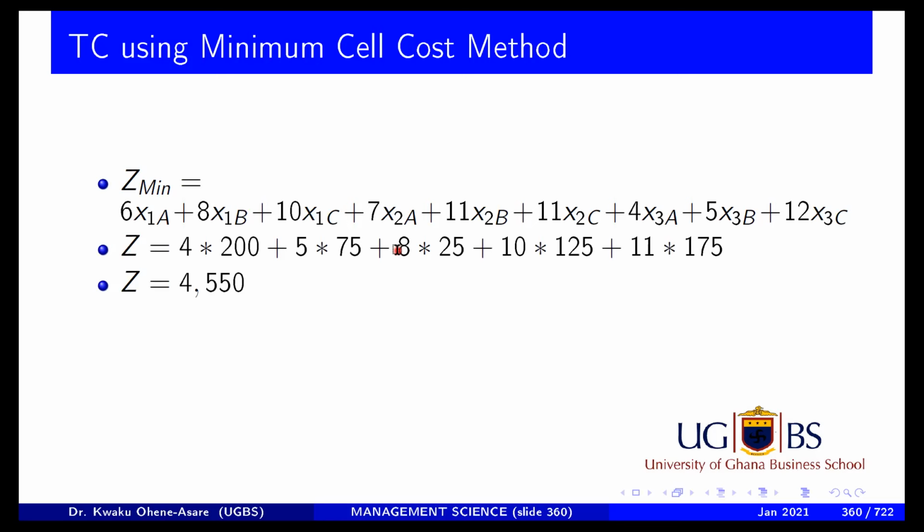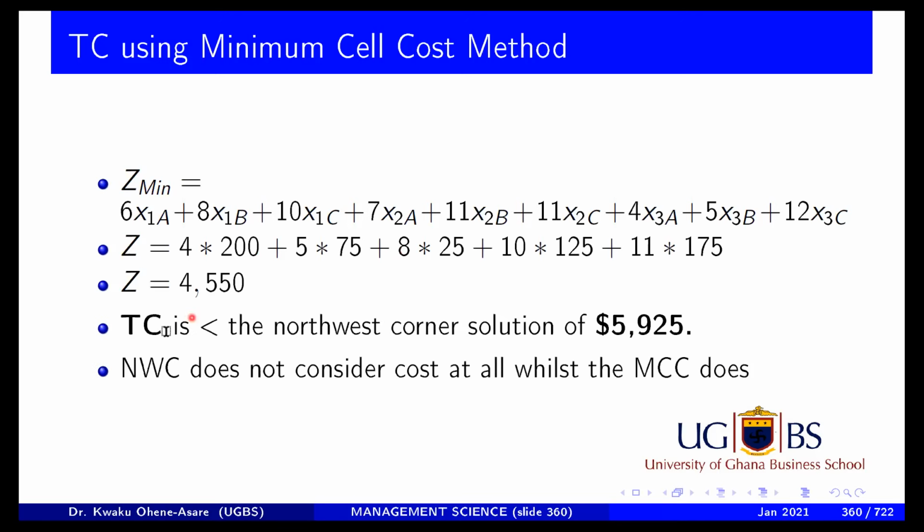So what is the difference between this and the northwest corner rule in terms of cost? Well, the total cost here is less than the northwest corner rule because that one was $5,925. So you can see that the northwest corner rule does not consider cost at all, whilst the minimum cell cost approach considers cost. Okay, so that is how it does in that particular regard. So that is the minimum